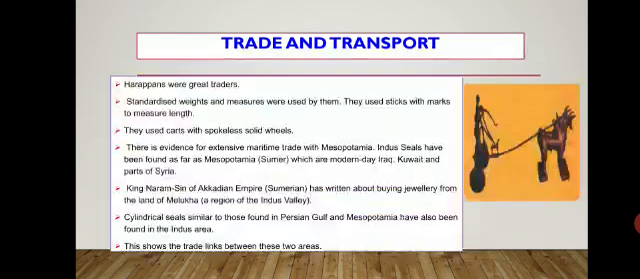They used sticks with marks to measure length. They used carts with spokeless solid wheels. There is evidence for extensive maritime trade with Mesopotamia. Seals have been found as far as Mesopotamia, which is modern day